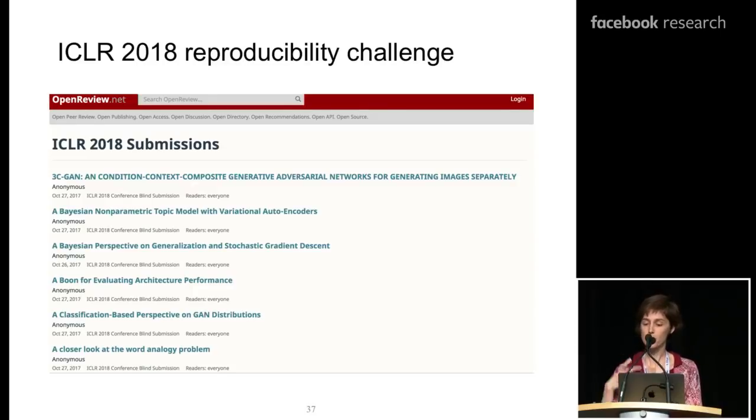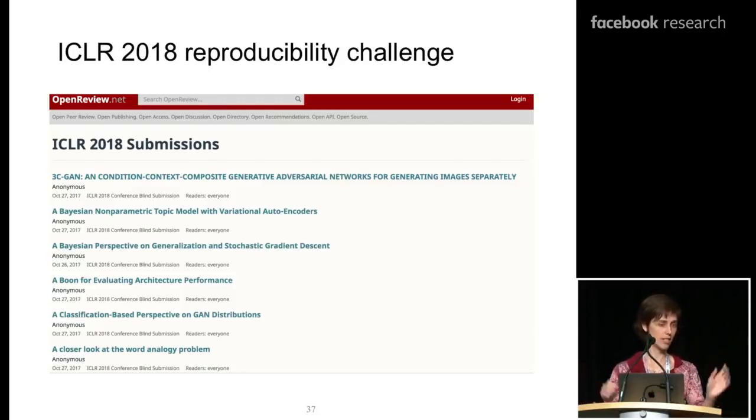And so I put them to the challenge to pick a paper from the ICLR submission site. OpenReview made it very easy for them to have access to a whole list of papers. Pick a paper, aim to reproduce some or all of the results in the paper. It started within our graduate course at McGill.